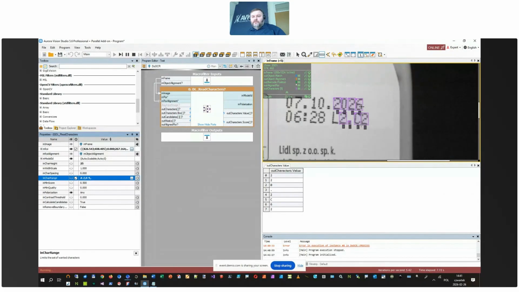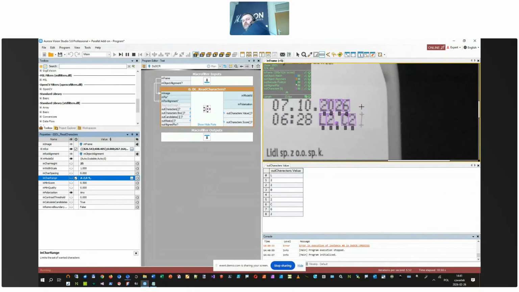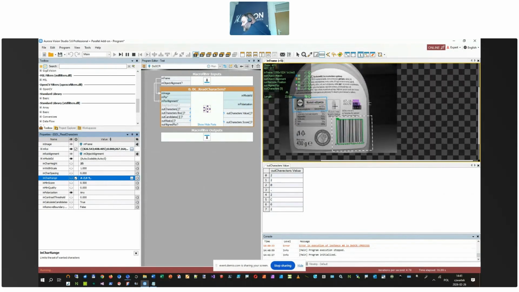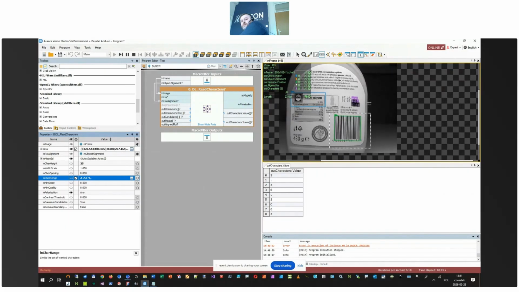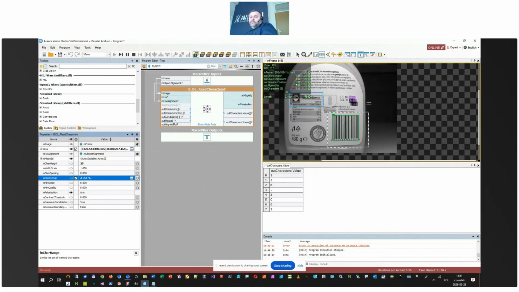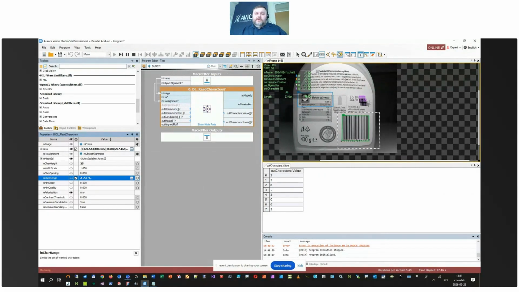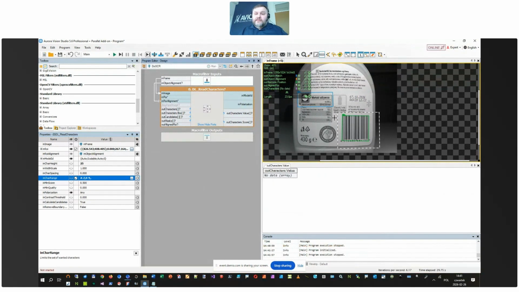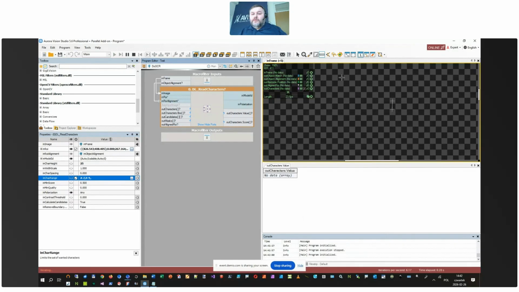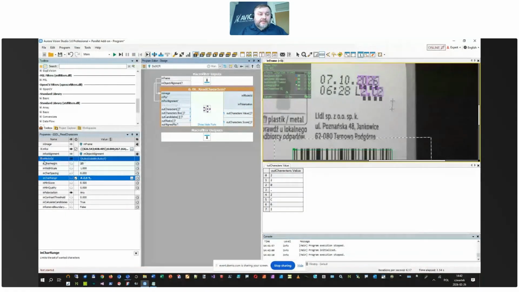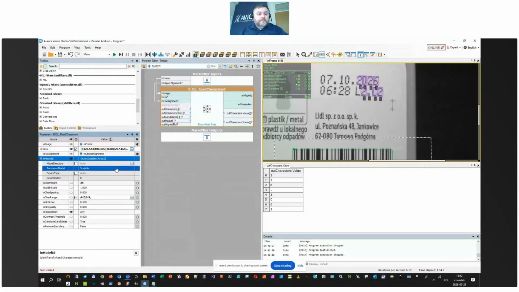But we have not sufficient recognition here. So right now, what I will do is adjust a little bit the angle of the camera so that the camera is working correctly. Okay, and let's find out what's happening more in order to make a correct reading. Okay, still I have non-sufficient readout. So let us dive into more